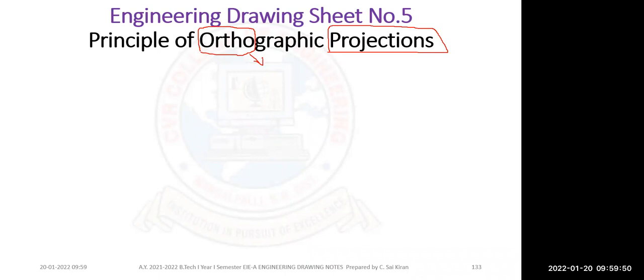Have you seen orthopedic? They call a few doctors orthopedics and all those things. So ortho is nothing but 90 degrees. Ortho is nothing but 90 degrees. So if there is any object,